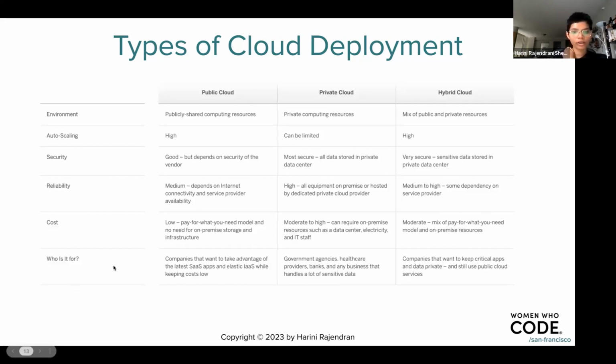And who is it for? Usually I would say companies like government agencies, and all the companies that are running mission critical applications, like healthcare industry, financial organizations. They usually opt only for private clouds, especially federal customers. They won't even look at public or hybrid cloud solutions. They are pretty adamant about using only private cloud, because of the kind of data that they handle.